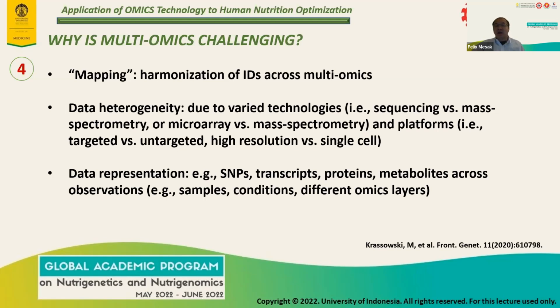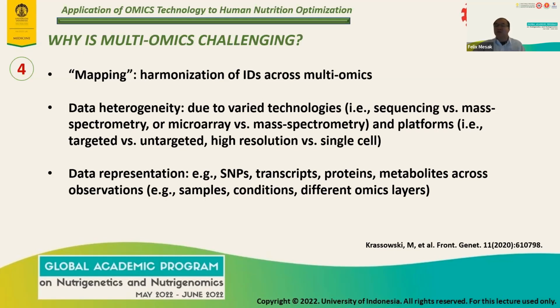Next, data heterogeneity is often another bottleneck while dealing with multi-omics data, as these are generated by varied technology. So consider sequencing versus mass spectrometry, or microarray versus mass spectrometry. What else? And the platforms, targeted versus untargeted, high resolution versus single cell. So the pre-processing steps pertaining to individual data sets might not help overall, especially when democratizing them under a unified